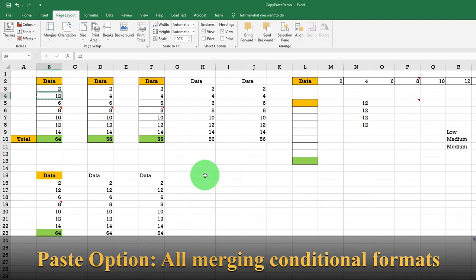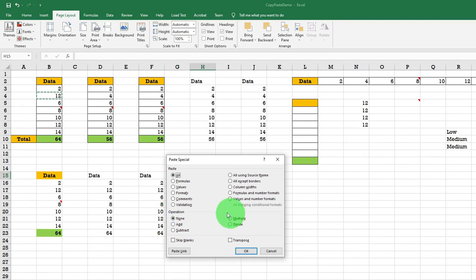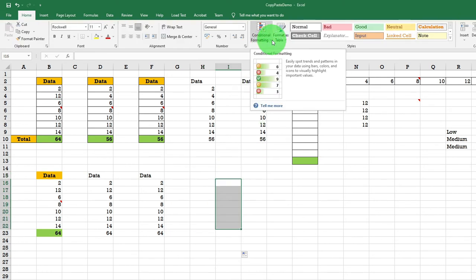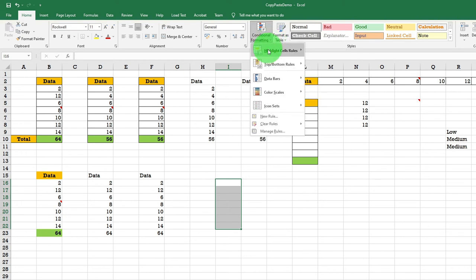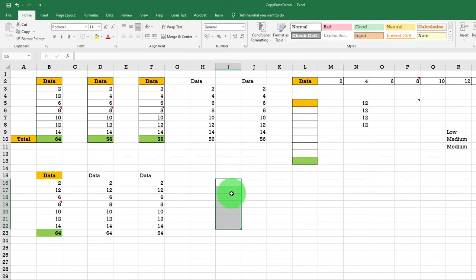Next, we are going to discuss merging conditional formats. So if I select this one, by default you will see this radio button is disabled. The reason being there is no conditional formatting applied to the source or the target column. Let me select a few cells and apply conditional formatting to highlight cells with light red color if the value is greater than 10. So if I click OK,